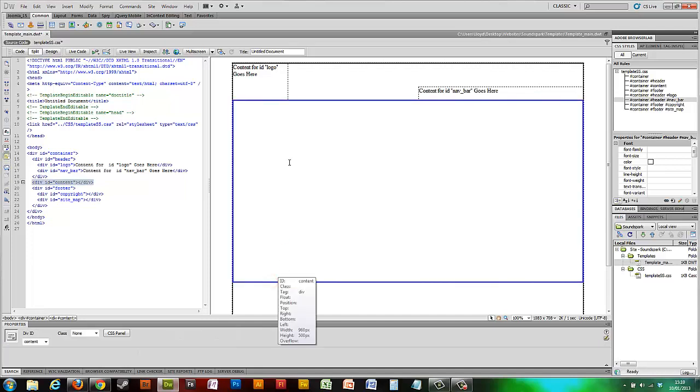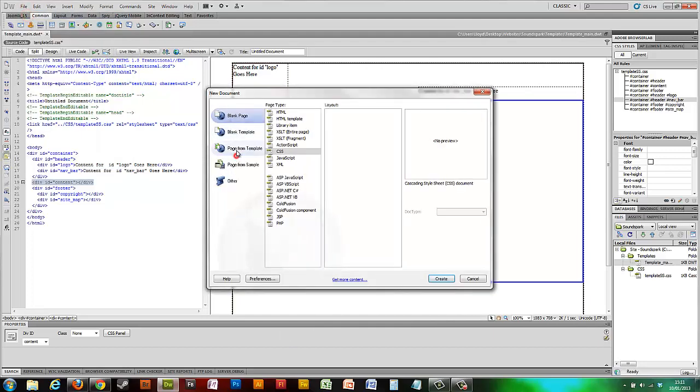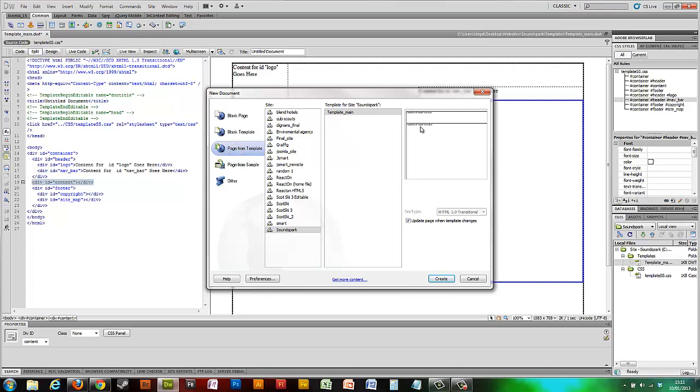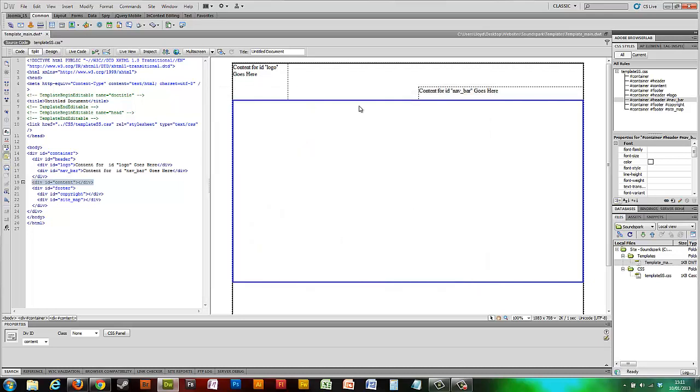We'll turn this content box into an editable region, which means every time you go for a new page like this, you can go into page from template, and there's our last save, SoundSpark template main. And you can take that template, so each time you create a new page, these will look exactly the same top and bottom, but this content box will be completely empty, and it'll be the only part you can edit, which is really all you need to